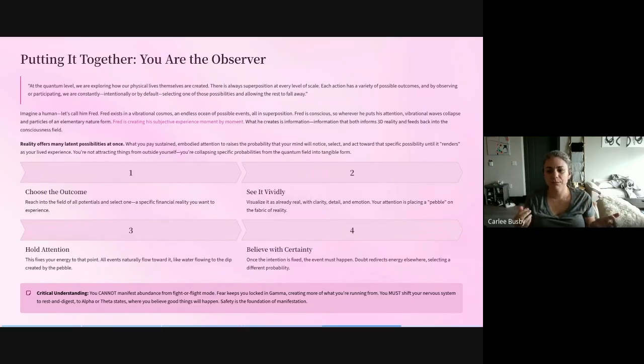We don't have proof of this, right? But based on what we know and what we see in our experience of reality, if we have someone who has consciousness and they are intending to put their attention on something, then there are vibrational waves, not particles. There are waves that are then collapsing into particles when that person observes it. It becomes real. It moves from the wave to the particle form. So it all exists as information, as possibilities. You interact with that,